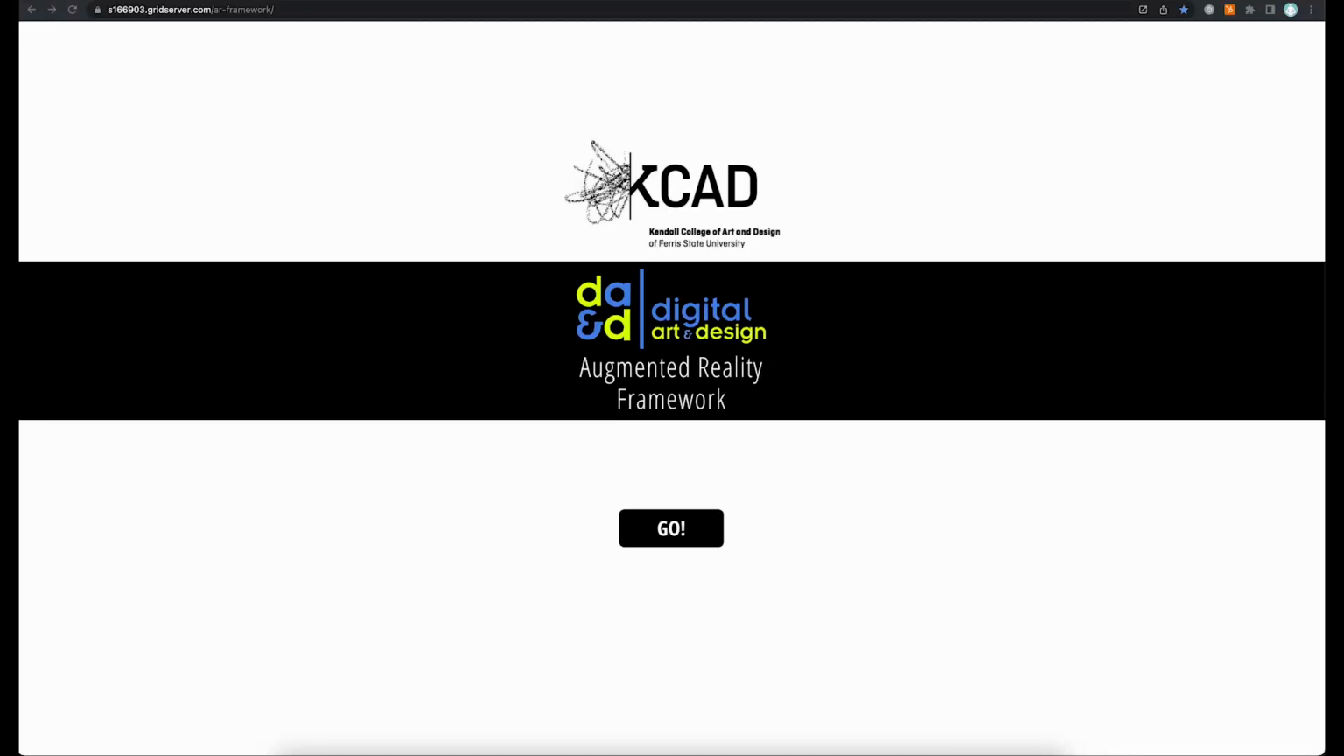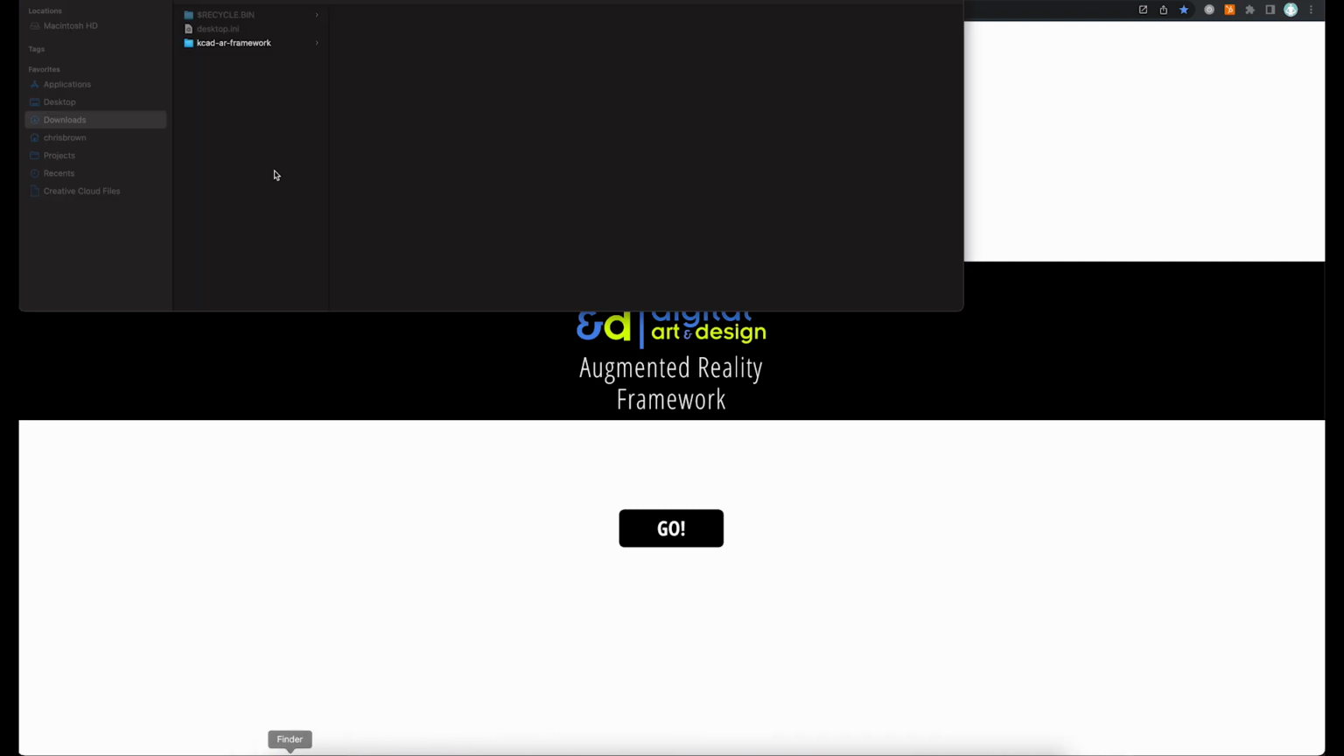In this video for the KCAD Digital Art and Design Augmented Reality Framework, I'm going to go through how to properly set up the image target. An image target is the image that you'll print out, and then the application will recognize through the device's camera as an augmented reality target, and will then place the video on top of the image and track along with it. So if we take a look at our KCAD AR framework folder, we can see the image that's used